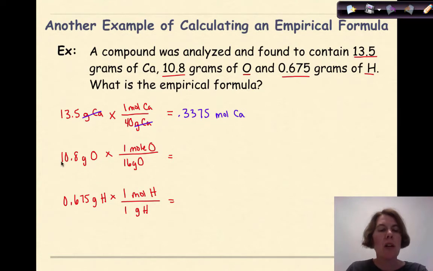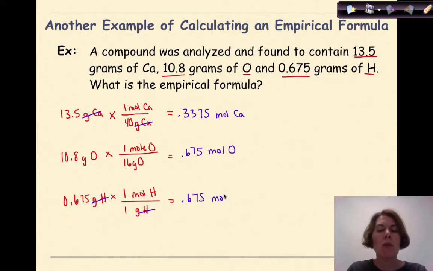Let's look at the next one. 10.8 grams of oxygen times 1 divided by 16, and the answer here is 0.675 moles of oxygen. And for the last one, 0.675 grams of hydrogen times 1 mole divided by 1 gram will give us